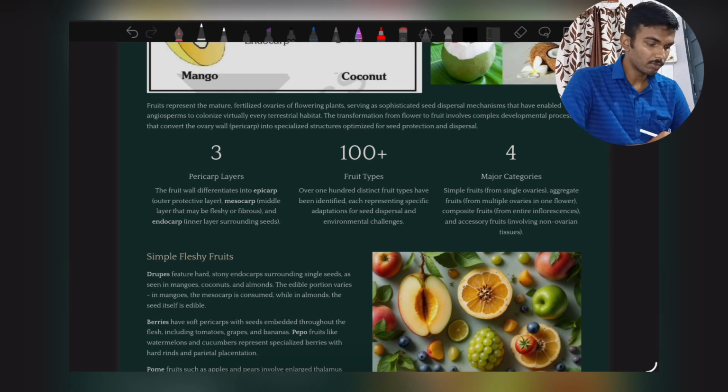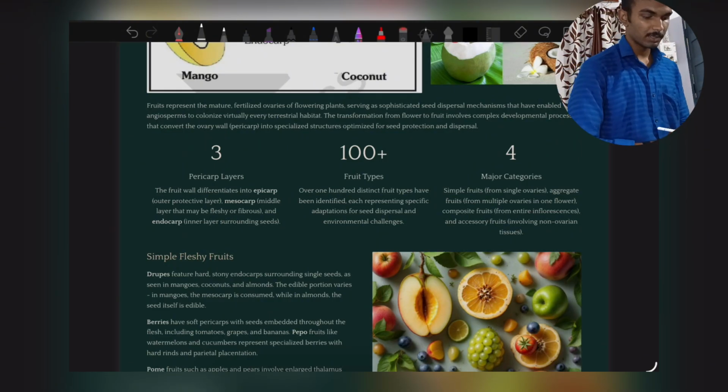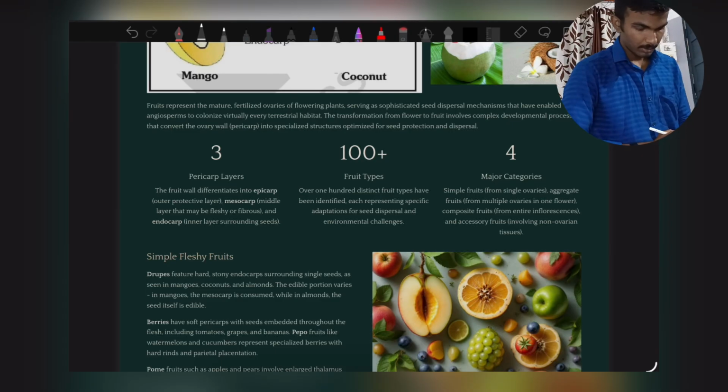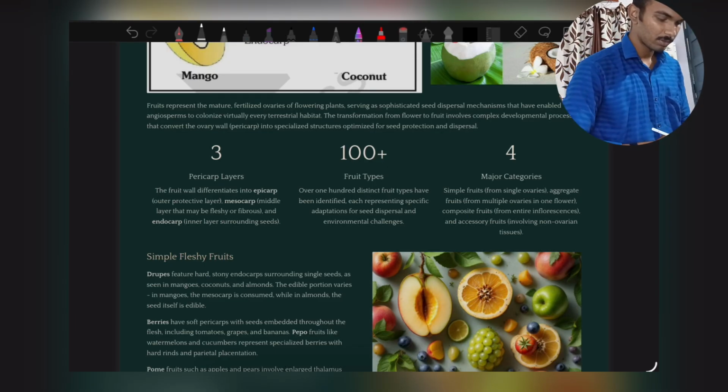Fruits represent the mature fertilized ovary of flowering plants, serving as sophisticated seed dispersal mechanisms that have enabled angiosperms to colonize virtually every terrestrial habitat. The transformation from flower to fruit involves complex developmental processes that convert the ovary wall into specialized structures optimized for